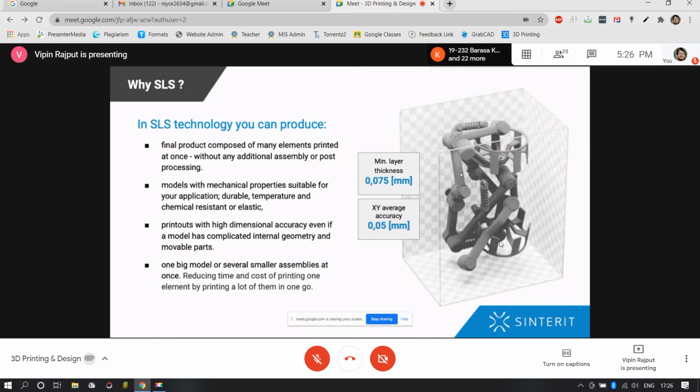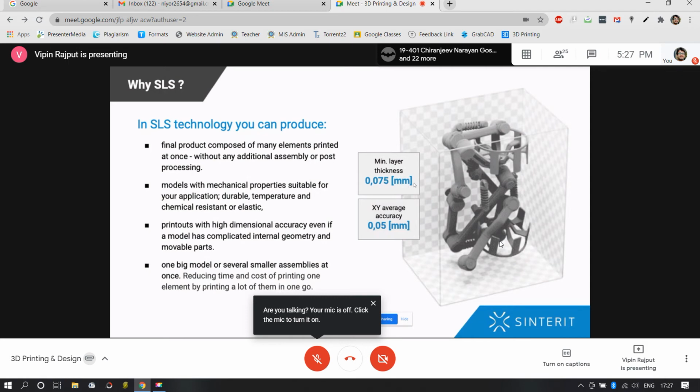Thus, varying on the application, whatever your application may be, this particular product as well as the OEM Centerate do have materials for the exact application, whether that requires a durable material or a temperature resistive material which may withstand a higher value, let's say 100 degrees at the glass transition temperature, then chemical resistant materials as well as elastic or flexible materials. So the material versatility is on a higher side in case of SLS technology. Then the third point,